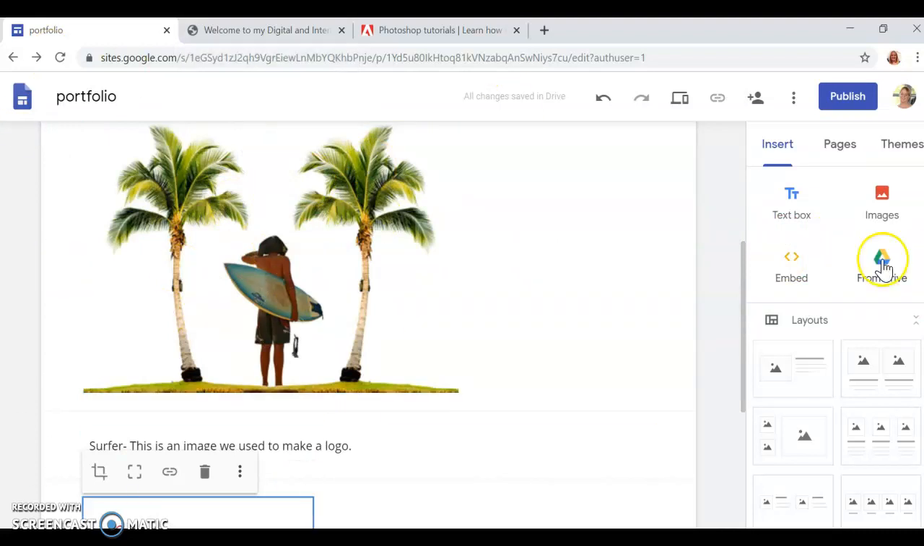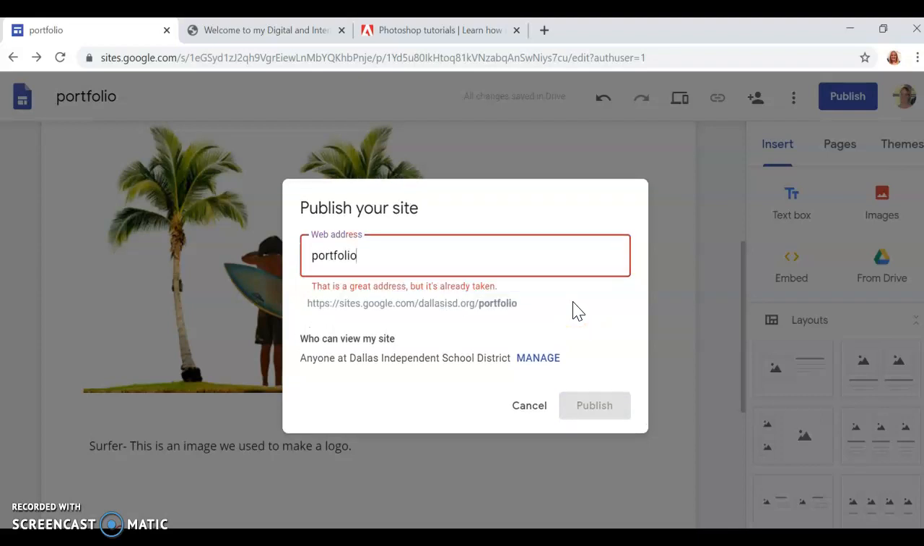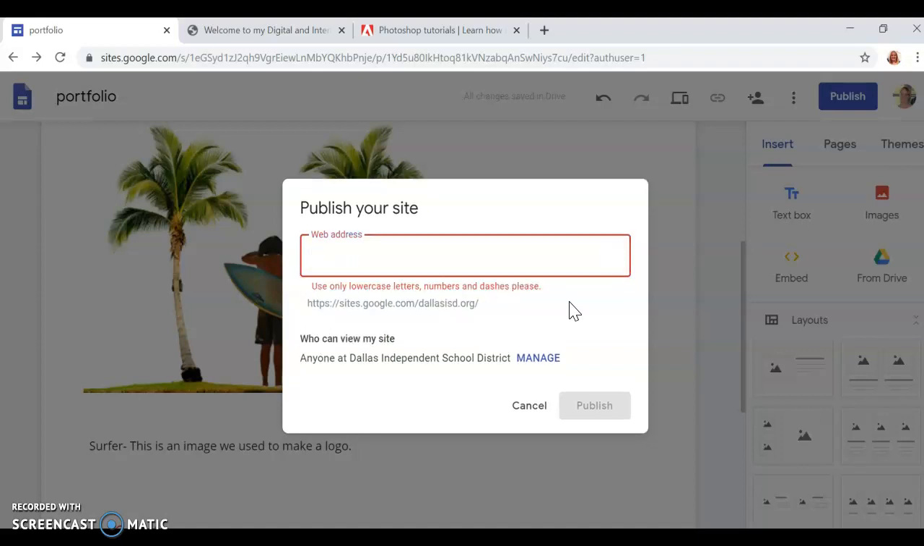Now when you finish this, you're going to click the Publish button in the upper right-hand corner. Then it's going to ask you for an address. Now the site is going to be https://sites.google.com/dallasisd.org/something. So whatever you call it, it'll tell you whether or not you're allowed to have that name. Obviously, someone already has portfolio, okay? So it may behoove you to not call it portfolio, to call it something you know is totally unique to you. Like if you've got an unusual name,